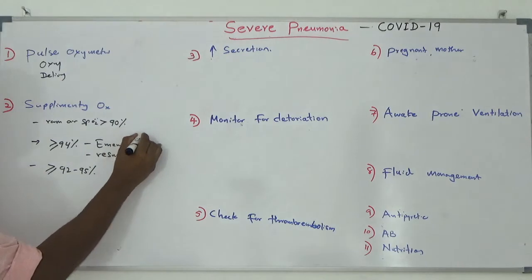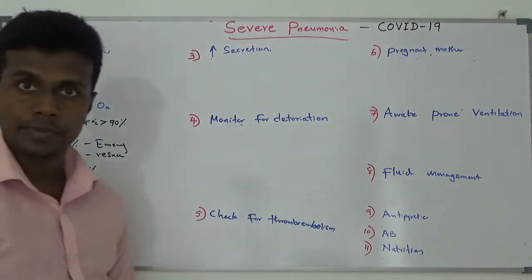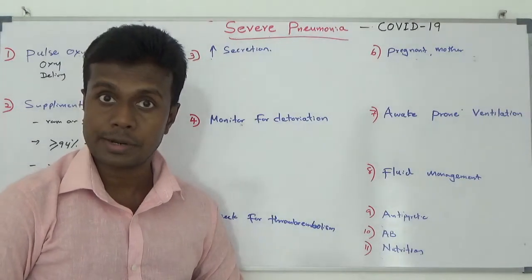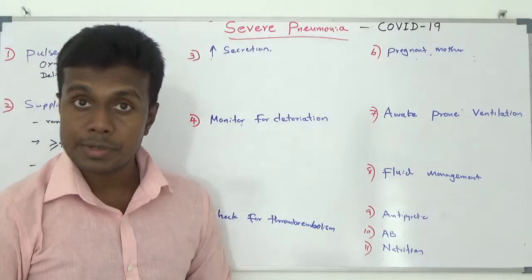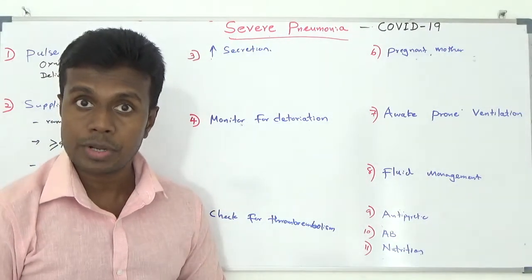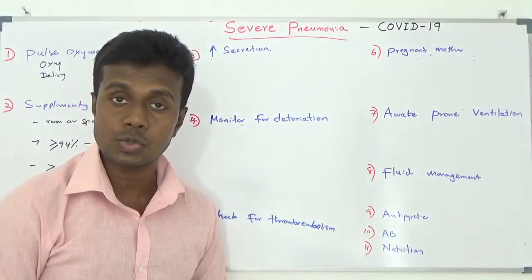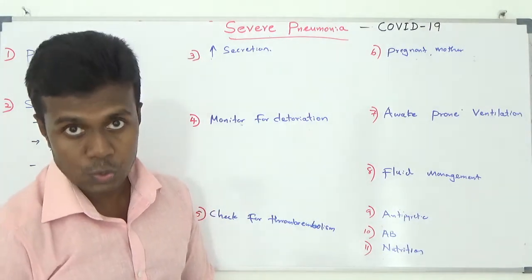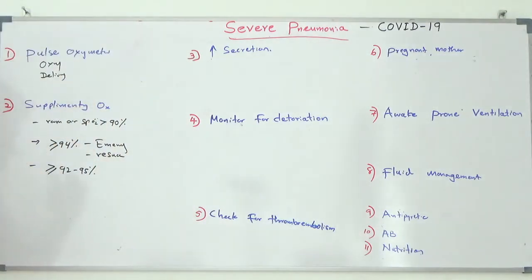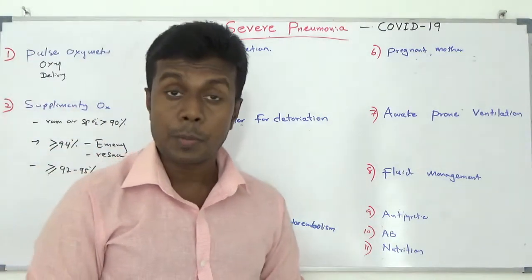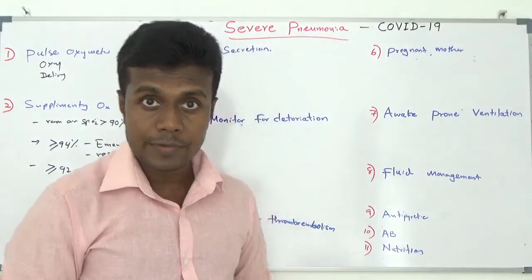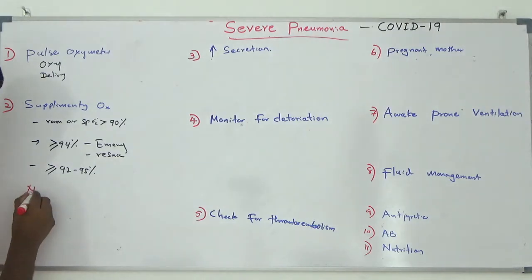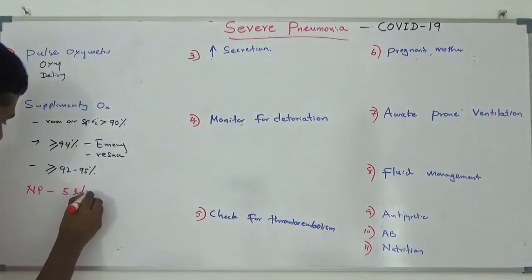I want to give supplementary oxygen to this group of patients who have saturation less than 90 without signs of hypoxia, or in case of emergency I want to maintain 94. In case of resuscitation, at least I should maintain 94 saturation, or in a pregnant patient I want to maintain 92 to 95. How am I going to give this much oxygen? From nasal prongs I can give roughly 5 liters per minute.